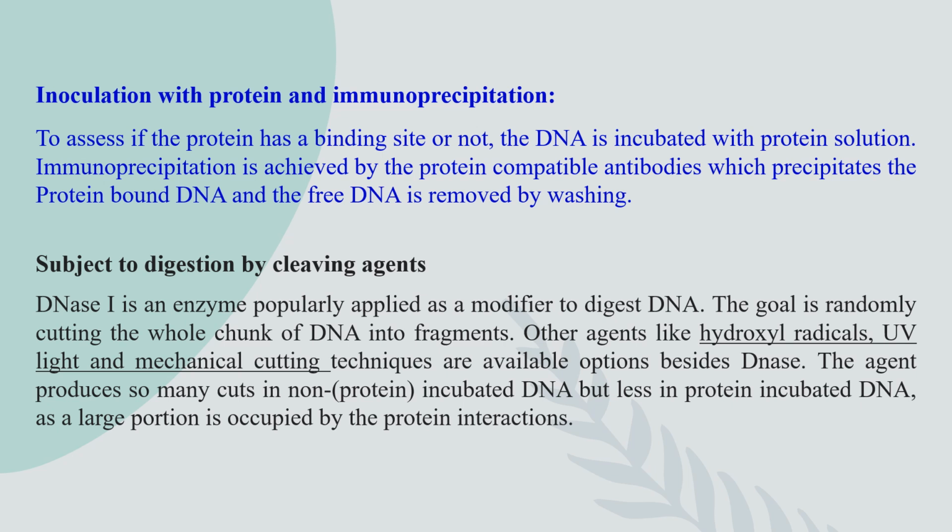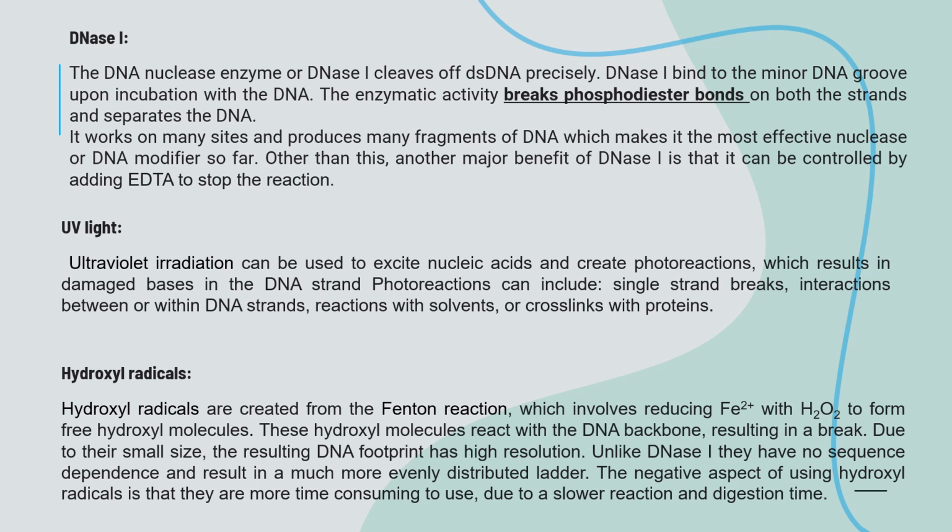The next step in the procedure is digesting the DNA sample using cleaving agents, which could be DNase 1, UV irradiation or hydroxyl radicals. Learning in detail about the digesting agents, the most widely used is DNase 1, which binds to the minor groove of the DNA and breaks the phosphodiester bonds and separates the DNA. It works on many sites and produces many fragments of DNA, which makes it the most effective nuclease or DNA modifier. Another major benefit of using DNase 1 is that it can be controlled by adding EDTA